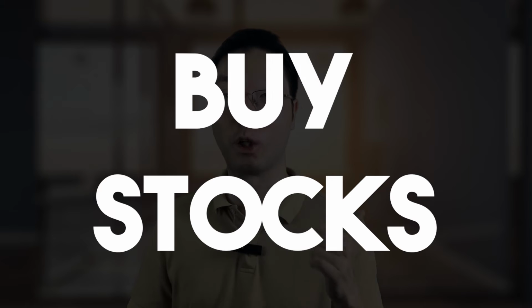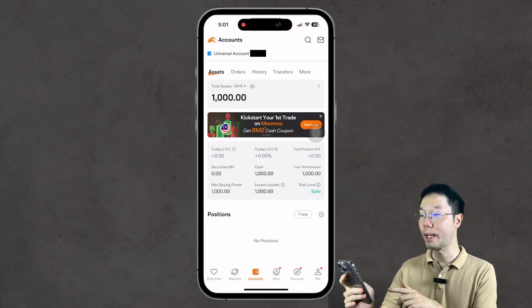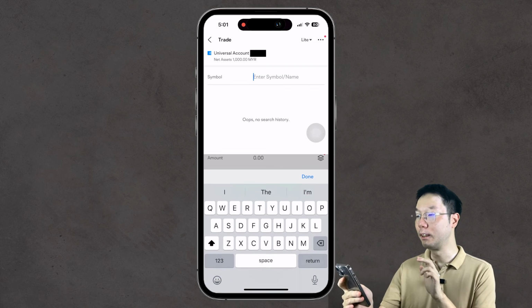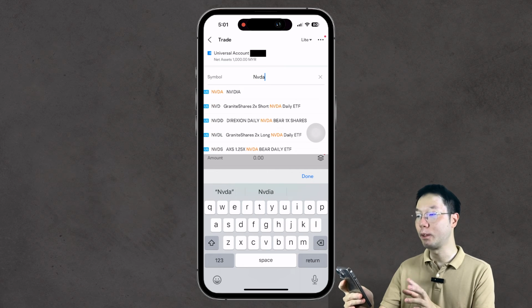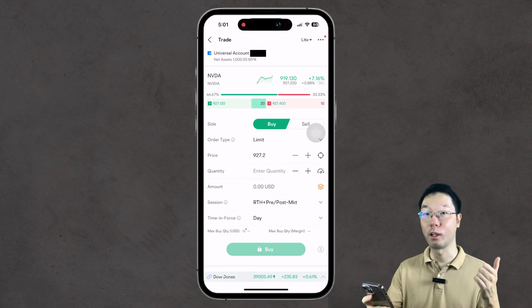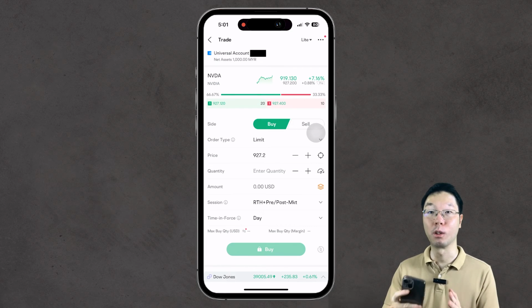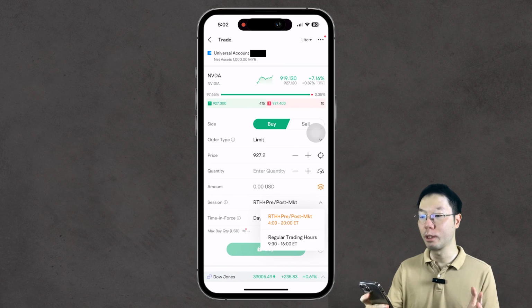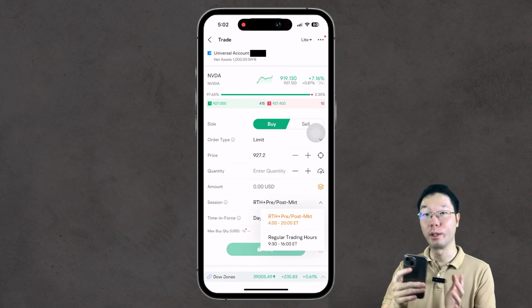So now that we have funded our account, now we can buy stock. To do that, go to the Accounts tab and then tap Trade. Then enter a symbol or name. So here I'm going to search for NVIDIA again. And so like any order screen, we have the buy or sell button, order type, price, quantity, amount, and order queue. With Moomoo, you can buy during regular trading hours and during pre